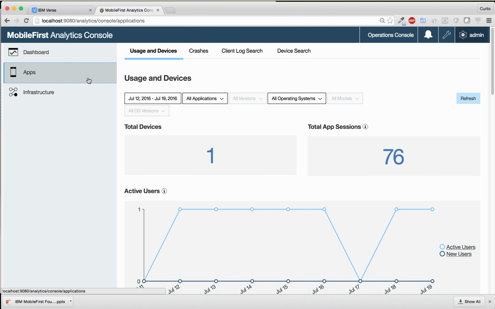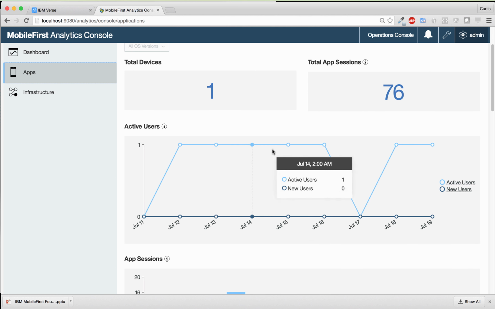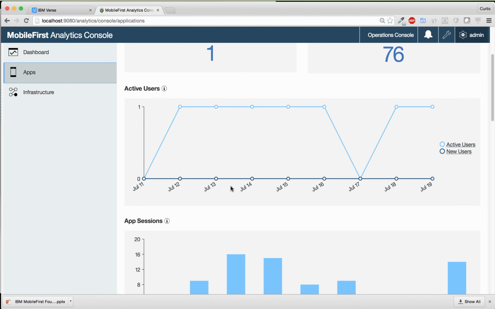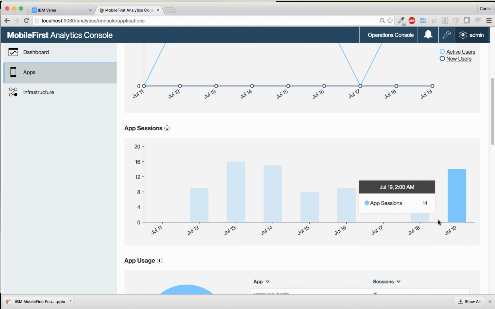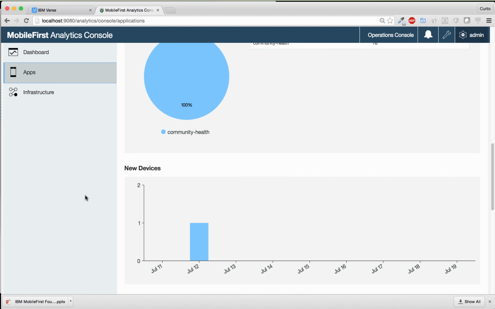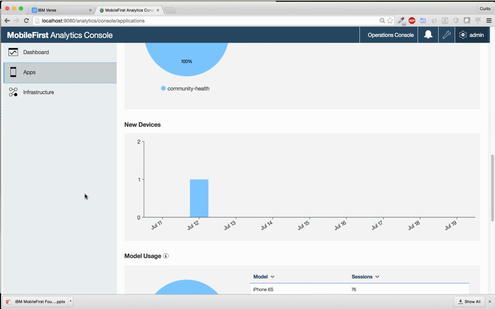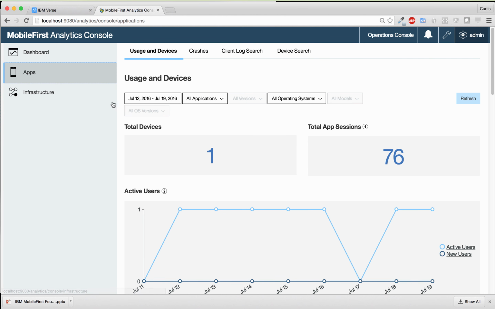If we dive into apps, what we see here is that we have a number of devices, we have a number of sessions, we have how many active users at any given time that we've got. So it's just me using my little app here, which is why you can see the numbers aren't super high. You can see the breakdown of app sessions over days, understanding what the usage patterns are across device types, operating systems, all of that stuff that you would expect to give you the context of how things are working inside of your mobile environment and how your mobile application is being used in this way. Again, visibility into crashes,